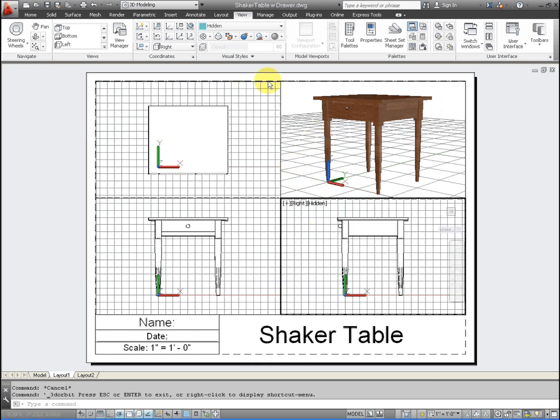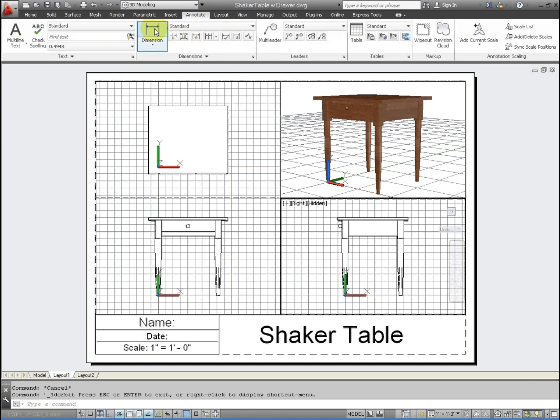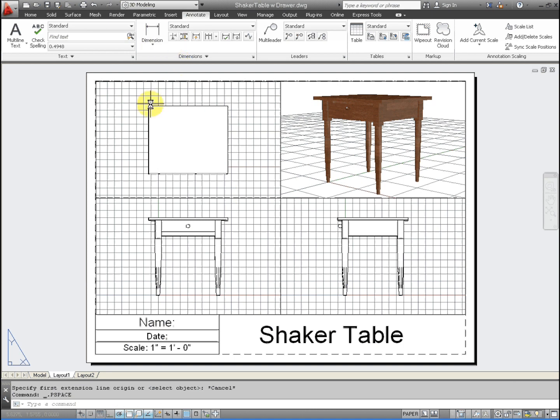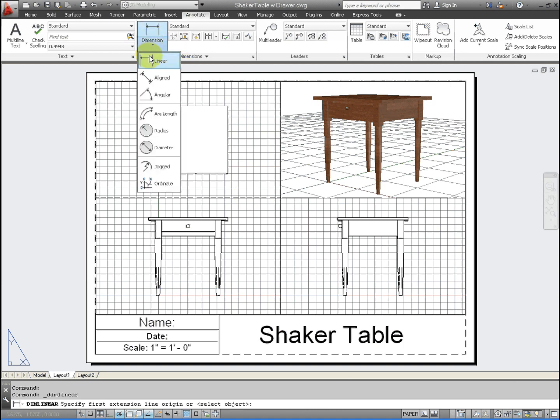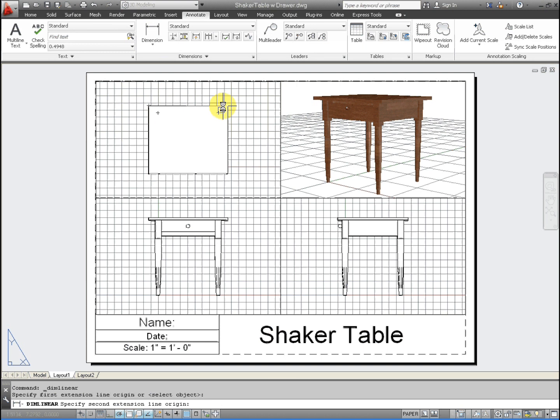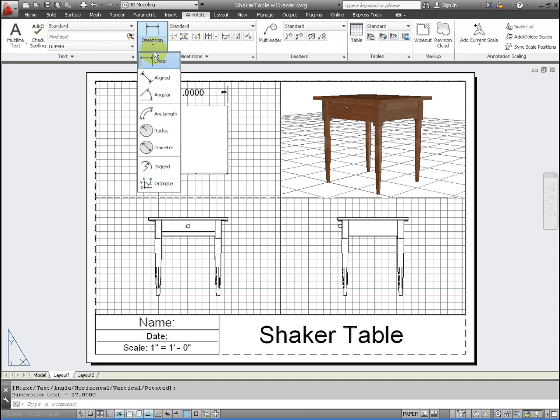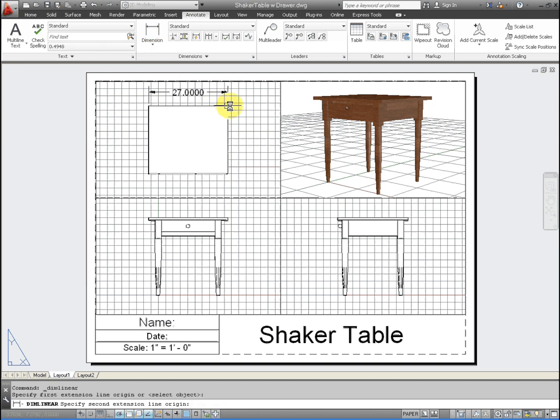And so then what we're going to do is we're going to put some dimensions on this. So we'll go to annotate dimension, and we'll select the linear, and we're going to do some overall dimensions. Now we have the snap done in the settings, so go to the linear, and you can zoom in if you need. We're going to do the back side, and this is 27 inches. The depth of the table is 24, the width is 27,